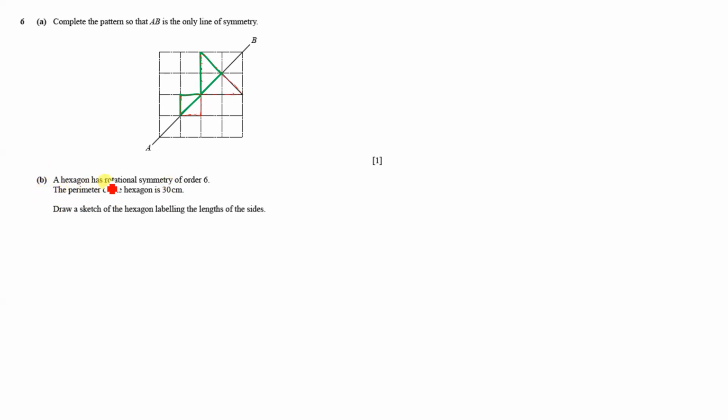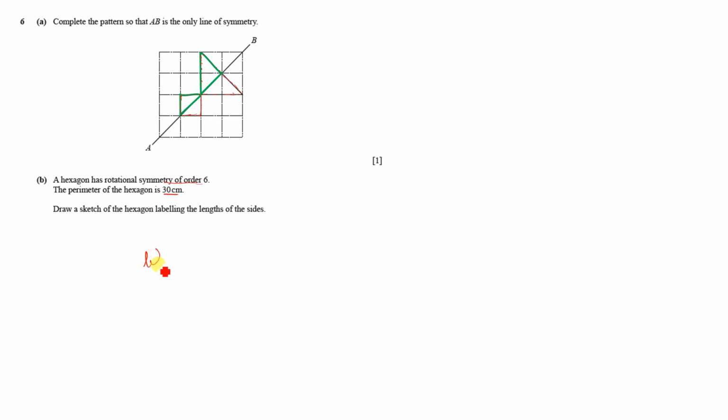Part B. A hexagon has rotational symmetry of order 6. The perimeter of the hexagon is 30 centimeters. Draw a sketch of the hexagon labeling the lengths of the sides. So a regular hexagon with all equal sides has a symmetry of order 6. Symmetry of order 6 means if you rotate the figure, it remains the same, right? So it means it would be a regular hexagon, and since the sum of all the sides, the perimeter, is 30 centimeters,